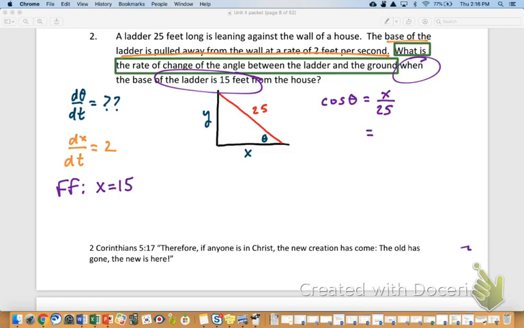I need to do ddt of this. Could we do an inverse function to get theta by itself? You could, but then you'd have to do the derivative of an inverse, which you do know how to do, so that could work fine. I tend to stay away from that, and I don't know why, but it could work fine. Okay, real quick, we'll finish with this. What's ddt of cosine theta? Negative sine theta